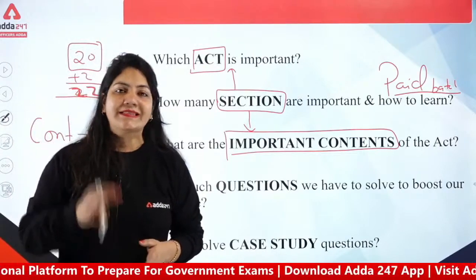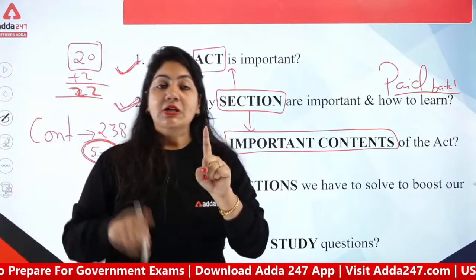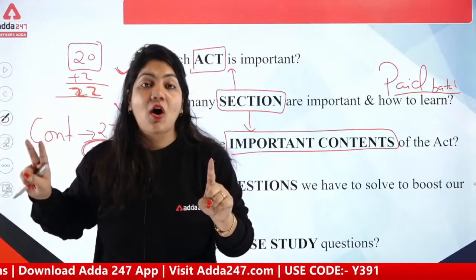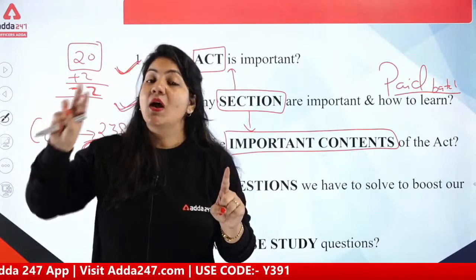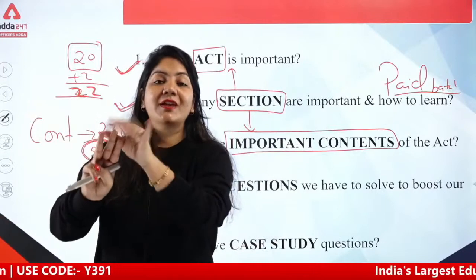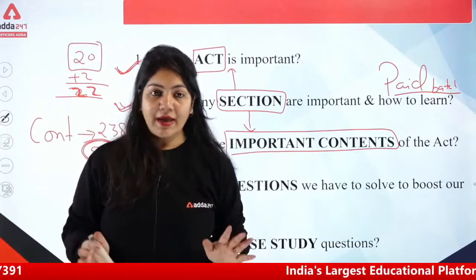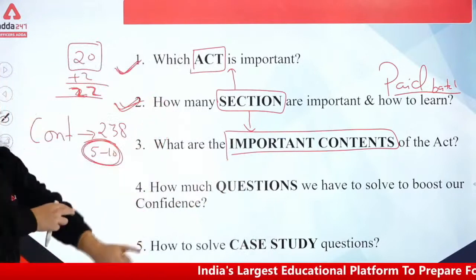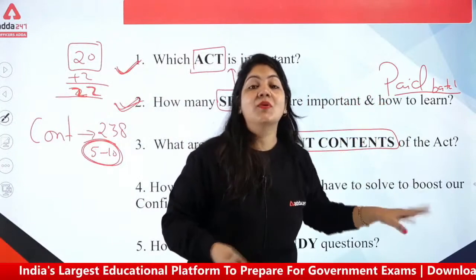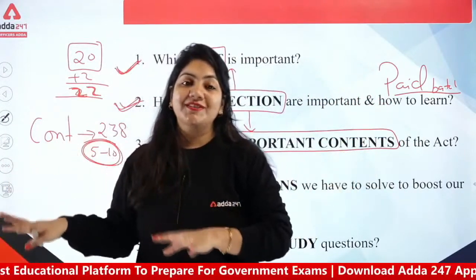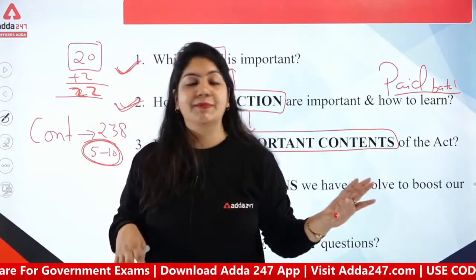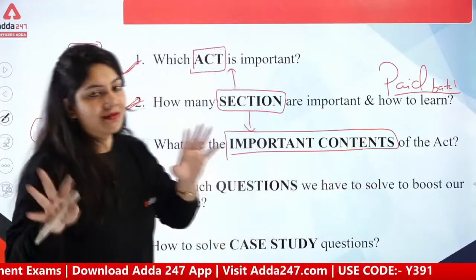Suppose I say the Sale of Goods Act. We have to learn the simple definition of sale of goods, what the rights of an unpaid seller are, and what goods are included in the definition of goods. That's it. So in the Sale of Goods Act, only 3 contents you have to learn. Okay, so these are the things you have to learn in this one. And if you want to see what the sections and important contents are, then you can easily purchase any of my paid classes of LRAB, in which you can easily get all the concepts of your LRAB. For this, you have to see my classes.